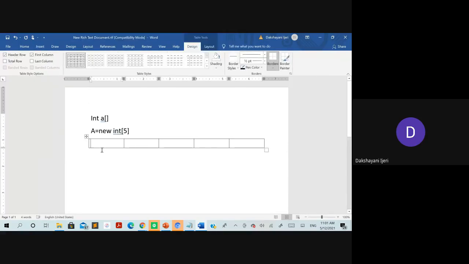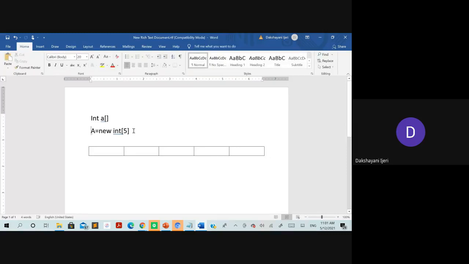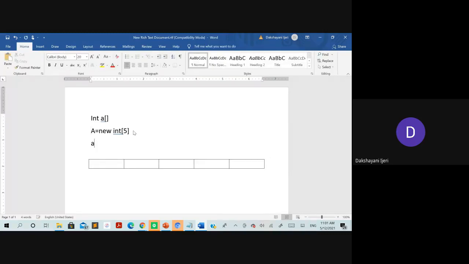Okay, so this is the array A. This is the index value 0, this is the index value 1, 2, 3, and 4. Right.